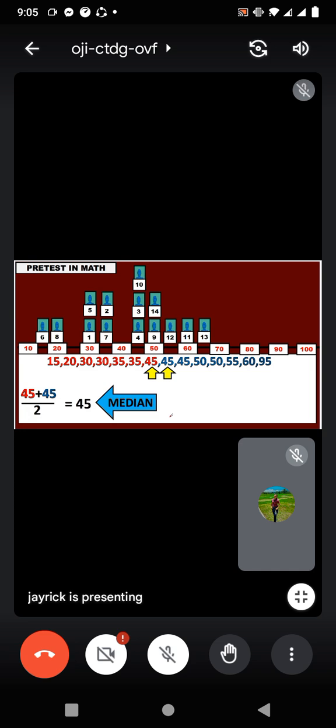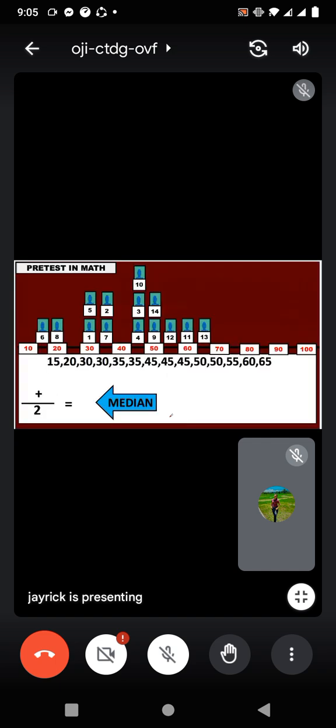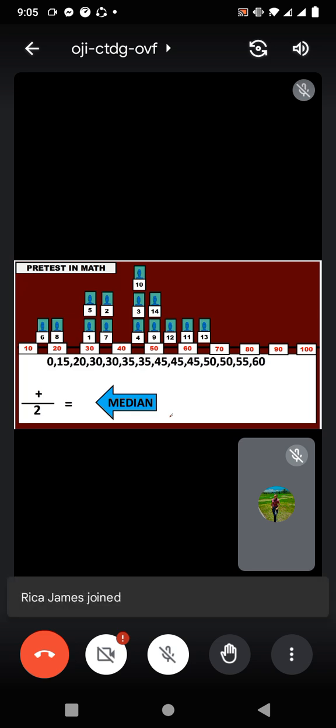Okay, now let's move to the next part. In this part, we can say that if there is a presence of an outlier, it cannot affect the median value. Still, we have 45. Now how about this one? From this part, this is the original data set. From this part, what have you observed to this part? Please raise your hand.